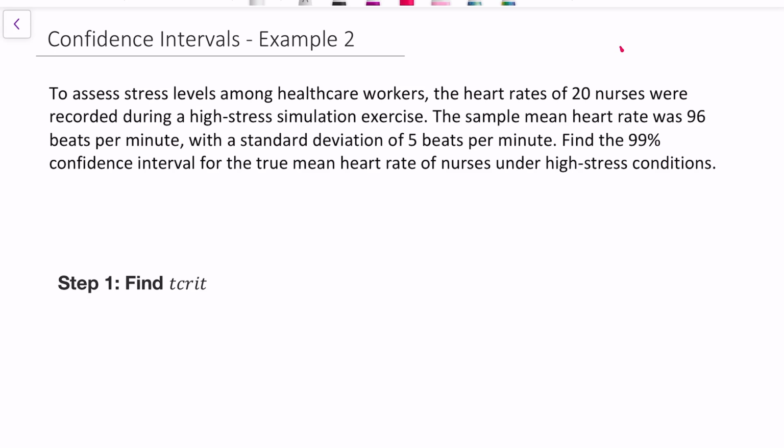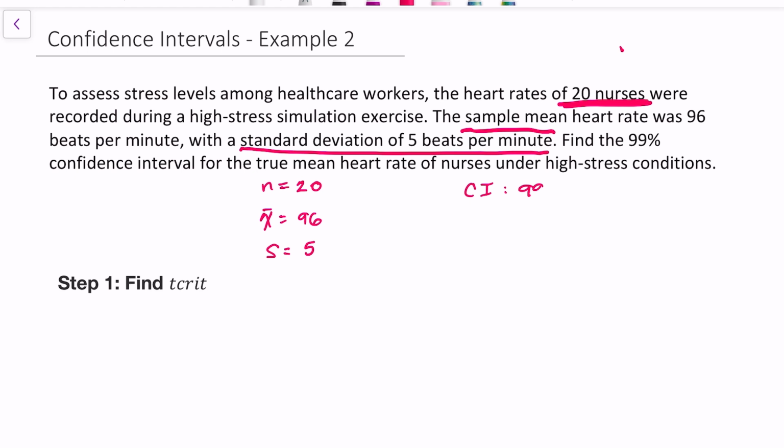This is example 2 for confidence interval. We have a sample size of 20 nurses. Sample mean, that's X bar, 96. And a standard deviation, because it's from the same sample, it's also going to be S. So that's 5. And we are interested in a confidence interval of